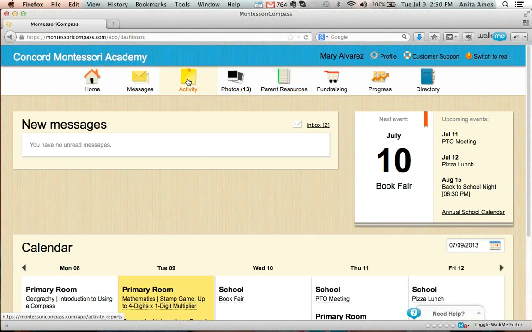You notice that there's no daily dashboard, there's no record keeping, there's no list of students, there's nothing unless it's related to one of my kids here at your school. So if I'm a parent of 3 children at your school in 3 different classrooms, I would see any information that's associated with those 3 children and their respective classrooms. And that includes the messaging, the calendar, the photos, and so forth.